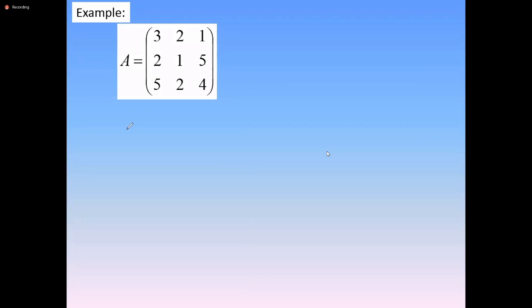Then adjoint matrix, let's say, it is the matrix made by cofactors. Transpose, in order to transpose, write the cofactor. Here you can see first row, first element. What is the cofactor associated with this element? That is given by this matrix. 1 by 4 minus 2 by 5. 4 minus 10, that is minus 6.